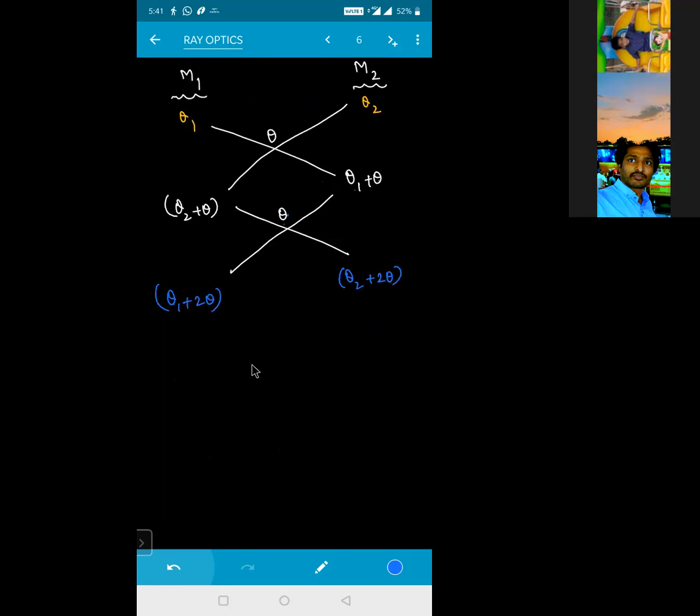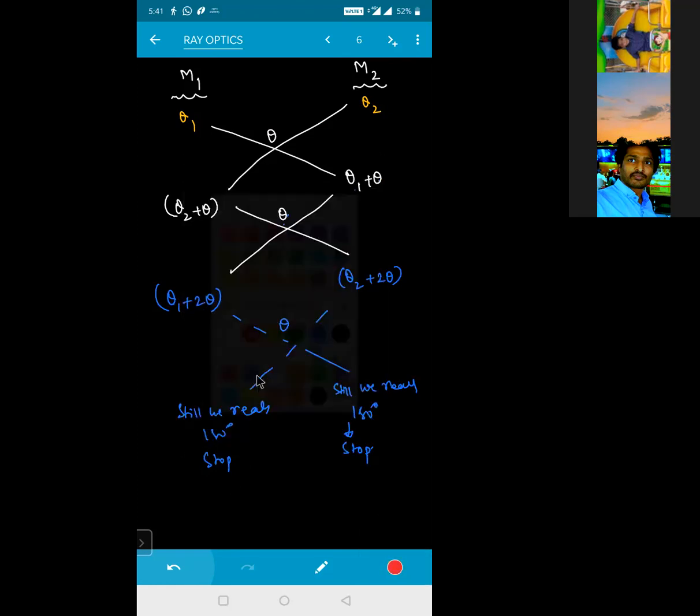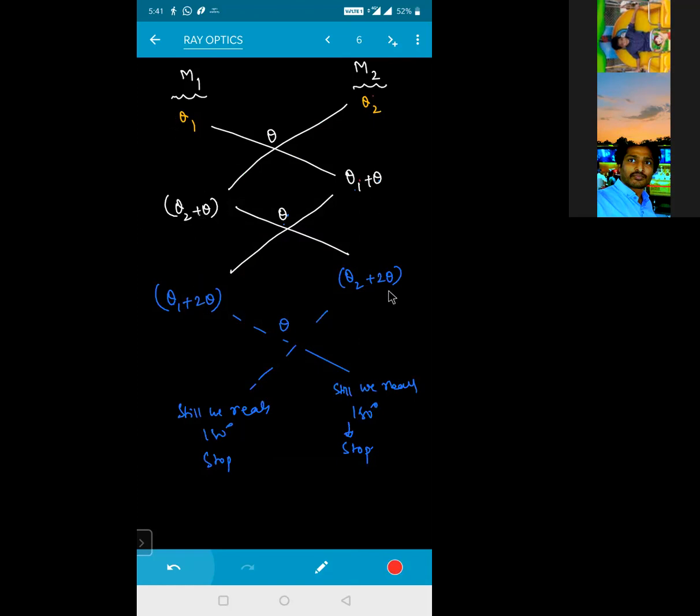You go on increasing it: 3 theta, 4 theta. You can go on doing it till we reach 180 degrees. Once we reach 180 degrees, stop. Here also, till we reach 180 degrees, you stop. Like, if it is 170, stop here. If I'm getting 160, stop here. If I add 160 plus something and it gives 190 or 120, don't take it. Now count the number of images: 1, 2, 3, 4, 5, 6. Total number of images will be 6.